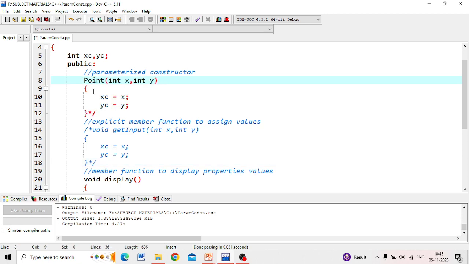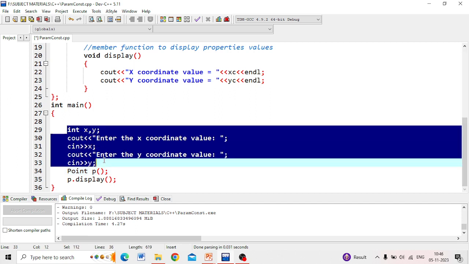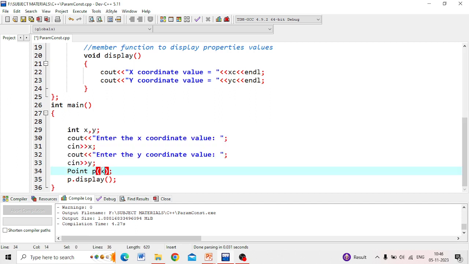So simply, if I go with point, I mean the default constructor, here itself I can pass the values. That time, you see, this statement should be changed. How? In the sense, we have to create the object after receiving values. Please understand, after receiving values for x and y, we have to create the objects and then we have to